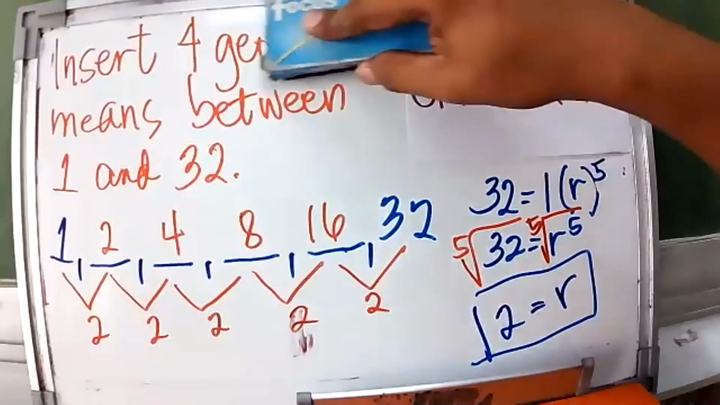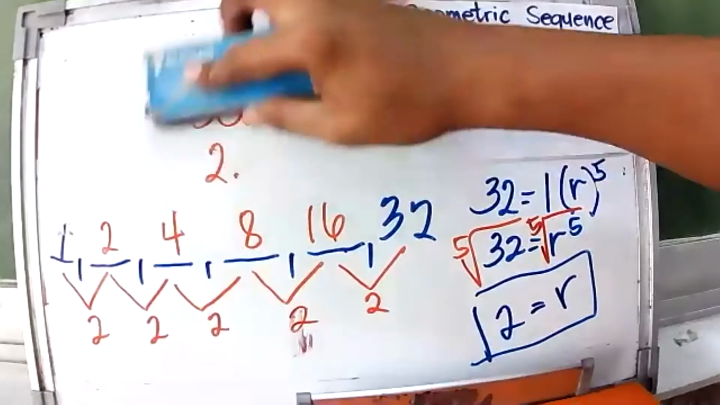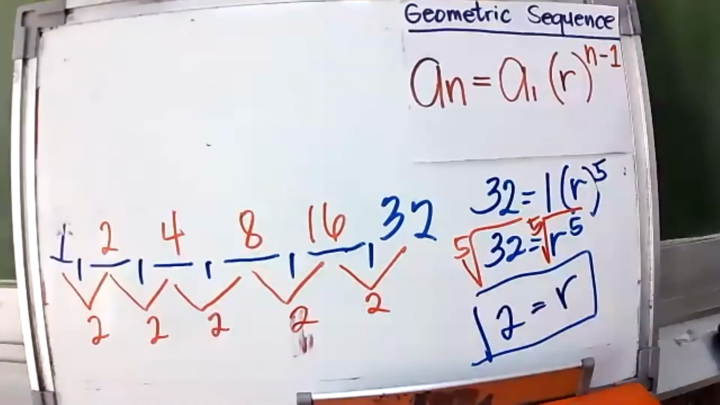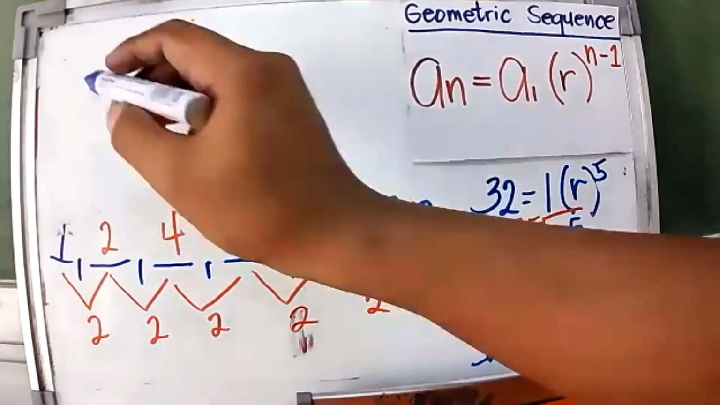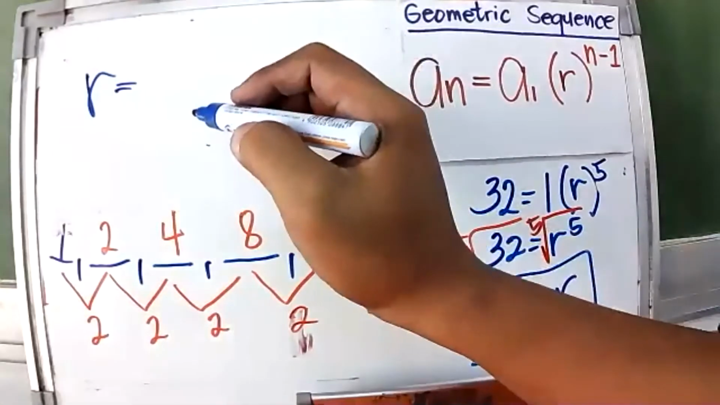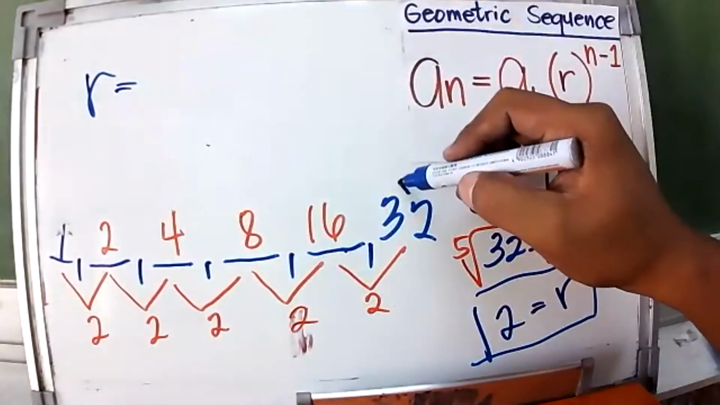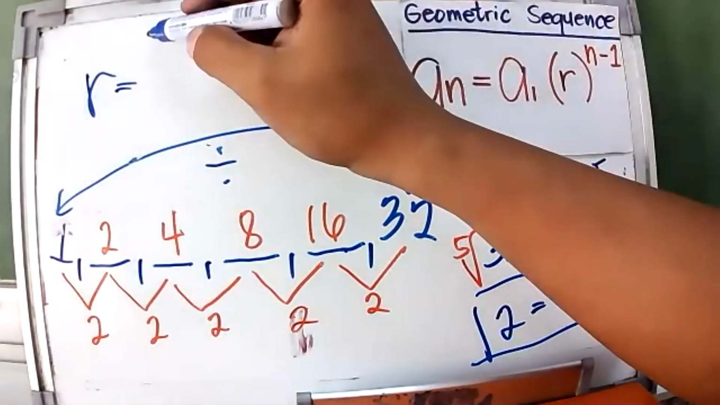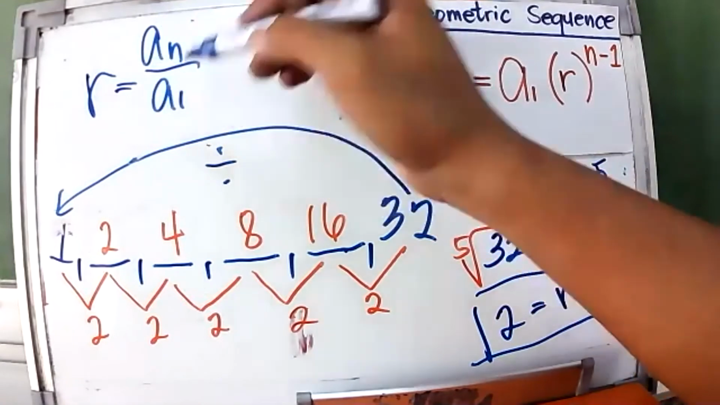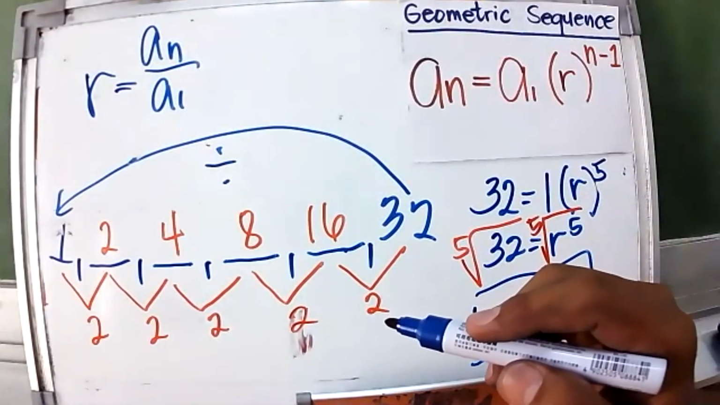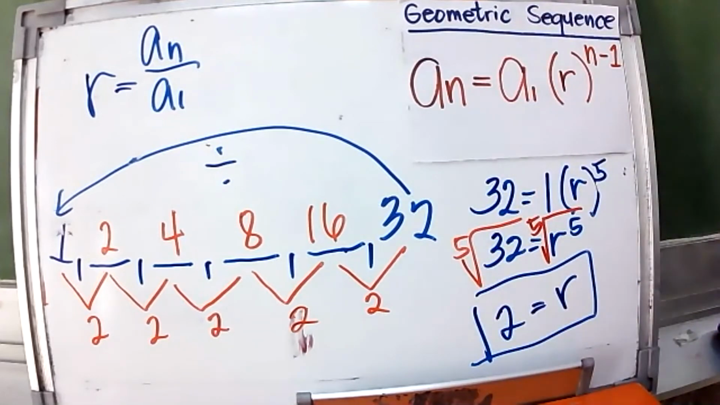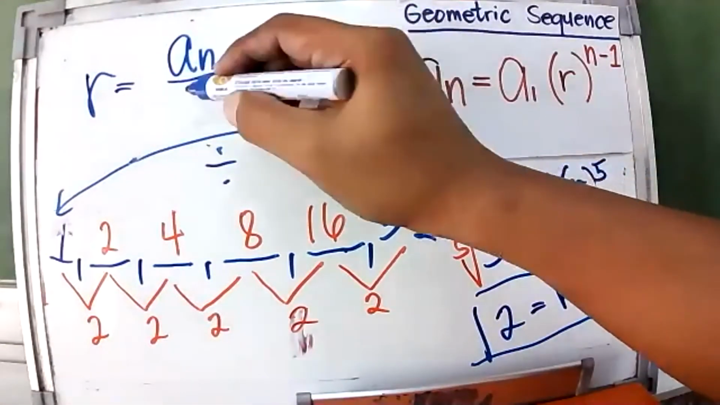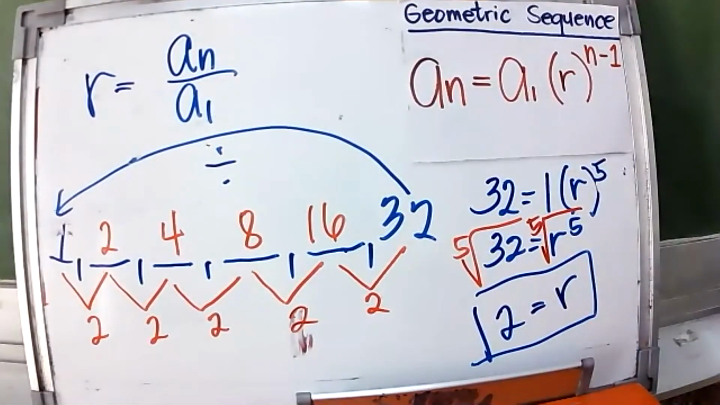So, shortcut. I'll teach you the shortcut for the common ratio. Given this, ready? To get the common ratio, you just have to divide 32 by 1. So that is the last term, a sub n over a sub 1. Okay? After getting that, I'll give space, a sub n over a sub 1, and then get